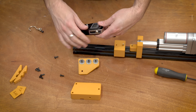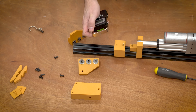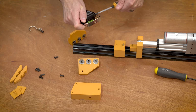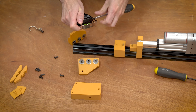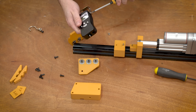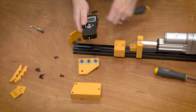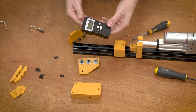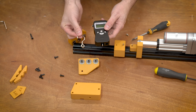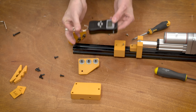For the luggage scale, we need to make a couple of small modifications. We're going to take this top bar off, and that's really easy. You can just undo these screws, and then take that off. And for the hanger here at the bottom, you're just going to want to cut off that little link, so that ends up looking something like this. So we just have it bare, and then we have the hook separate. The hook is just going to go in like that, and we're going to use it like that